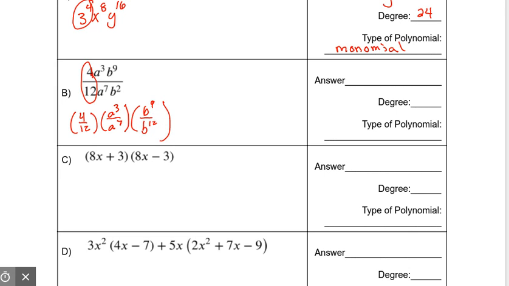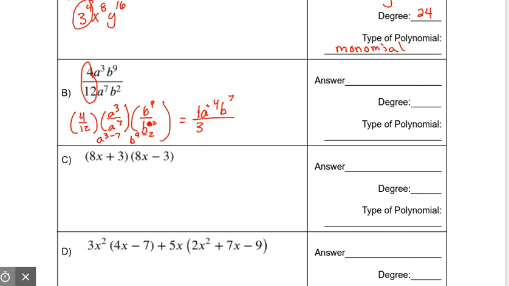Let's go ahead and take care of this. 4 over 12 simplifies to be 1/3. The a's are being divided, so I'm going to subtract those exponents. 3 minus 7 is negative 4. The b's are being divided. Oops, I just realized I wrote 12 down here, and that is a 2. Okay. The b's are being divided, so I'm going to subtract those exponents. 9 minus 2